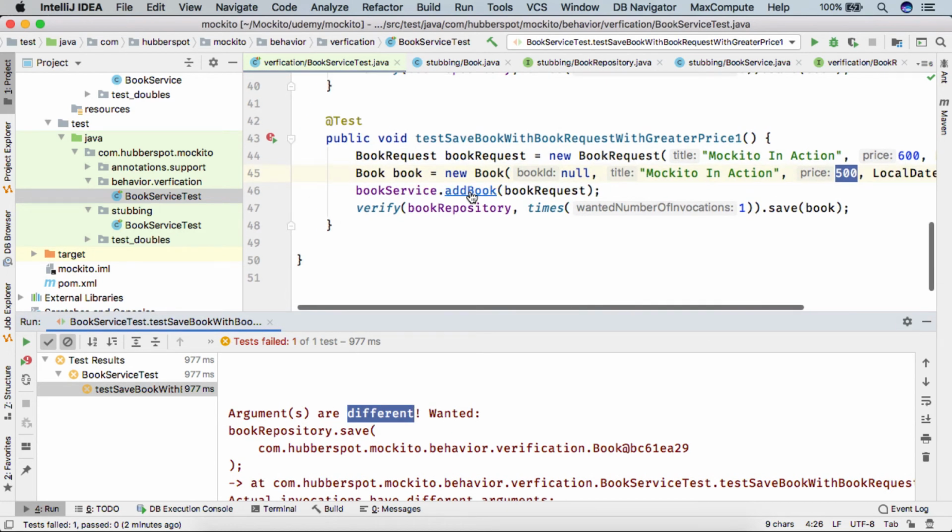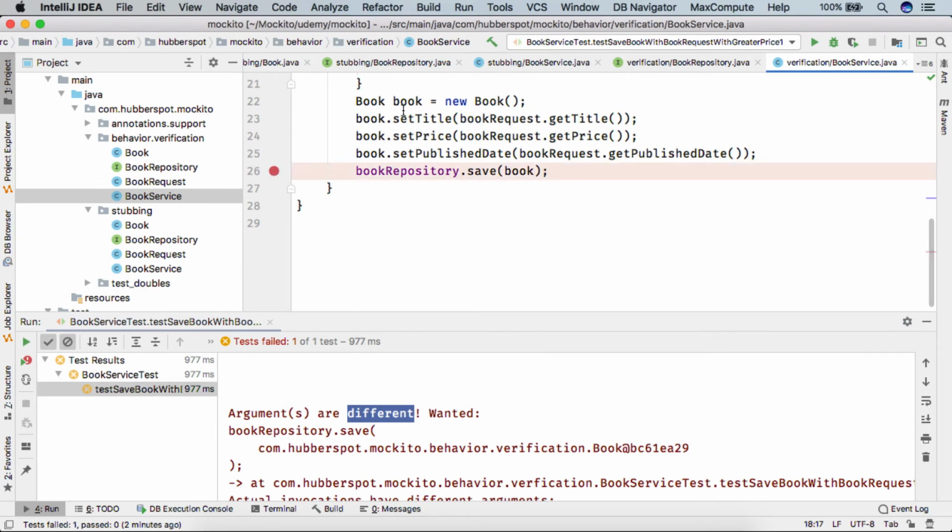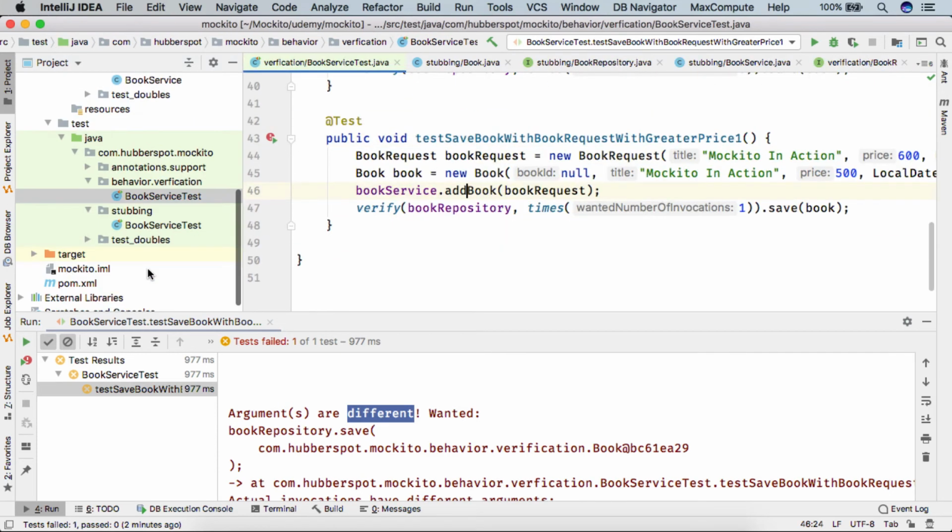So friends, let's say I provide a debug point here and run the test case in debug mode.